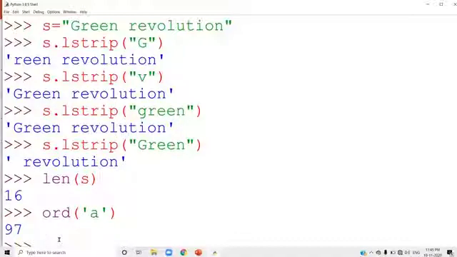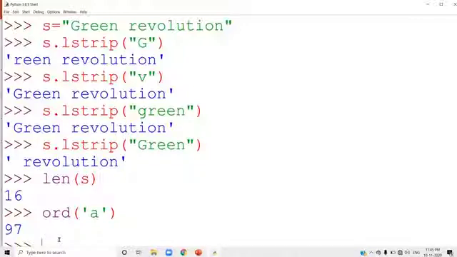ASCII value means each character has a corresponding numeric number. That numeric number is known as ASCII value, or ASCII code, or ordinal value. So you will get the ordinal value by using the function ORD. The argument of this ORD function is a character, not a string.